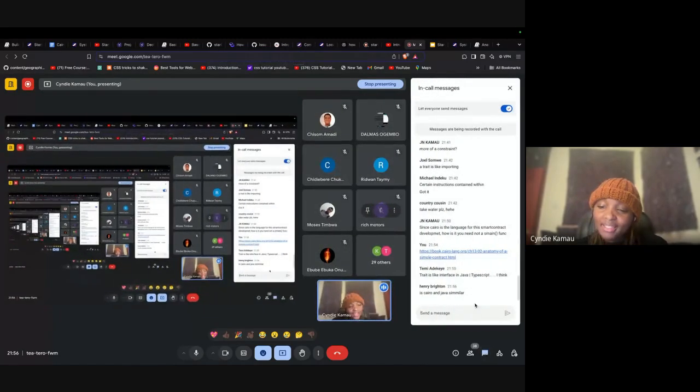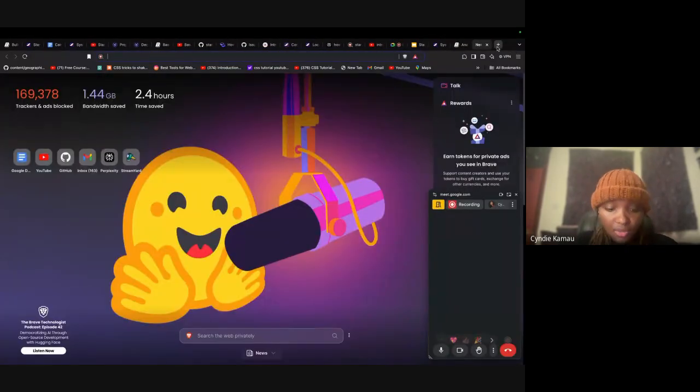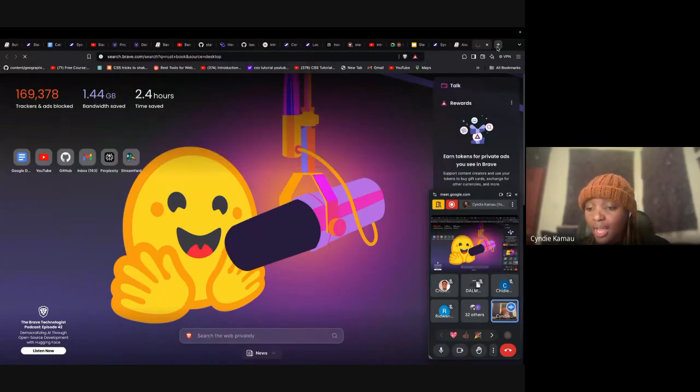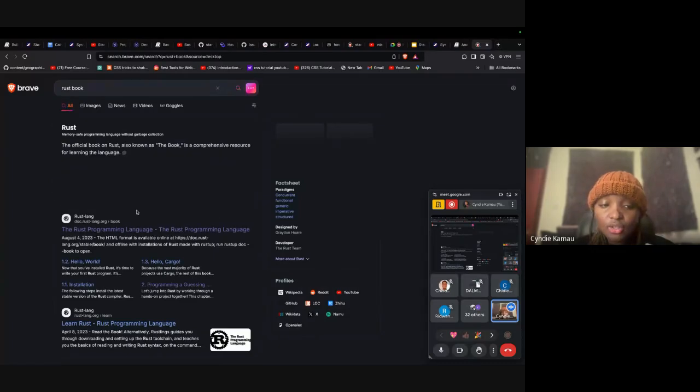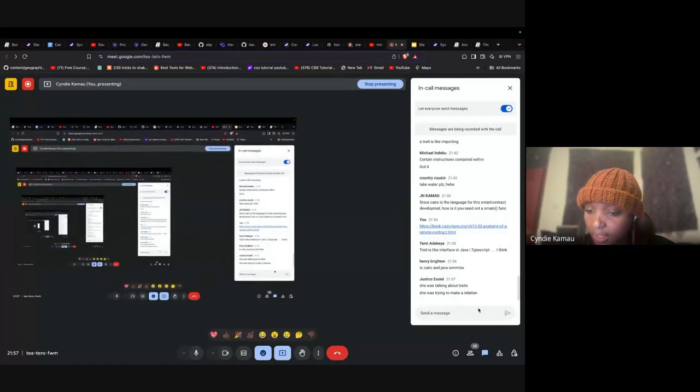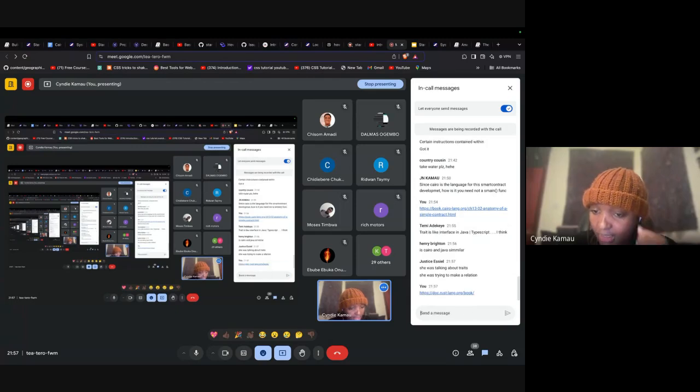No. Cairo and Java are not similar. They're really not similar at all. The one which is similar is Cairo and Rust. So if you want to see, let me just share the Rust book as well. Sometimes it's good to learn two languages side by side, so that it helps with getting a very big overview of how languages differ and work together, right? So you can come and check this.